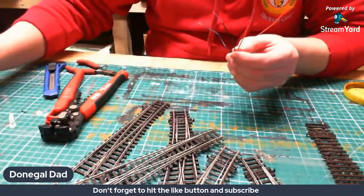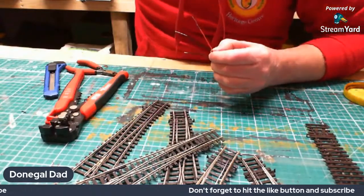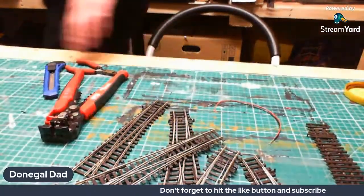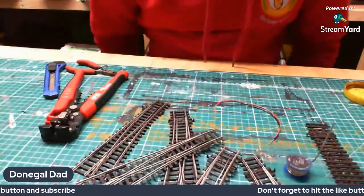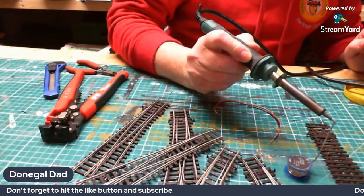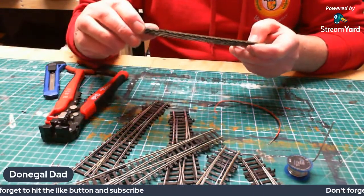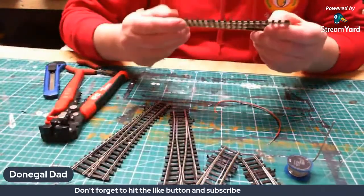So I just dipped them in the flux. That's one thing I forgot, soldering. Where's the solder? Where did I put it? Droppers. No, that hasn't warmed up yet. I need to figure out where each of these points is going to go. So I solder the droppers on the right position. So where's that? That's the one with the...